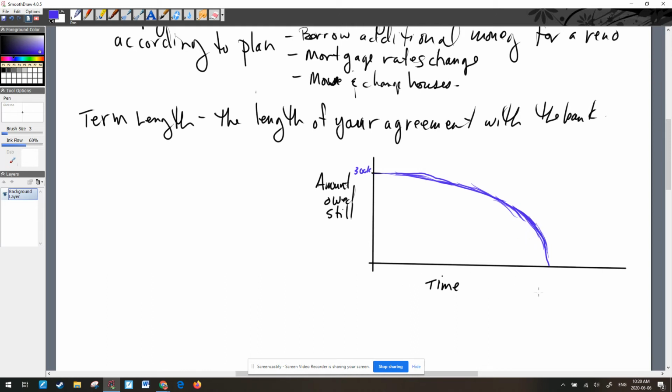Okay, so it might be that on a standard, let's say that this is a 25-year mortgage, 25 years amortization. So out here, this is our 25-year mark. That's where, if all goes according to plan, I'm going to owe $0. So, 0 to 25 years, that's what it kind of looks like.